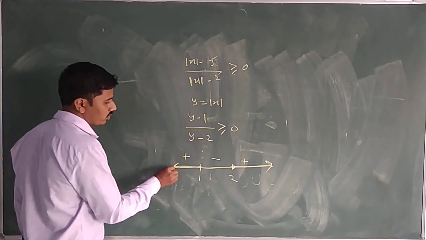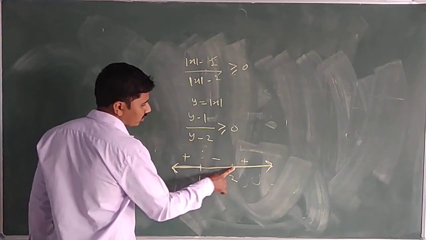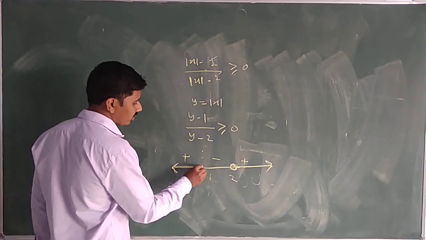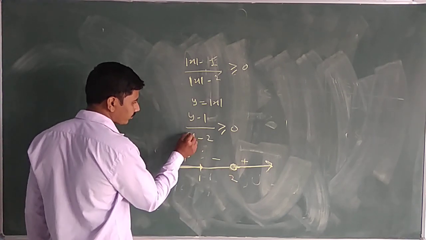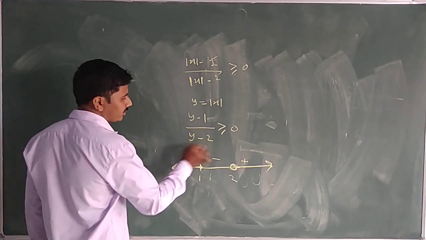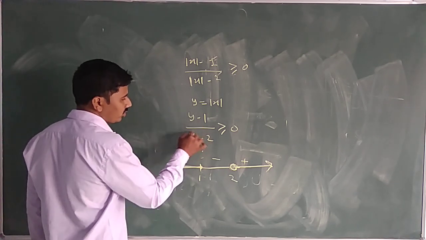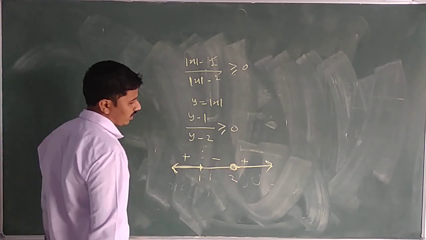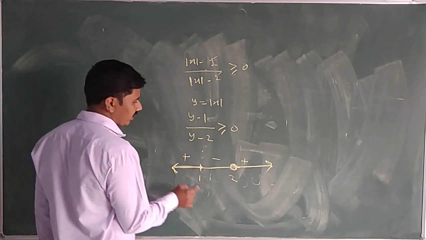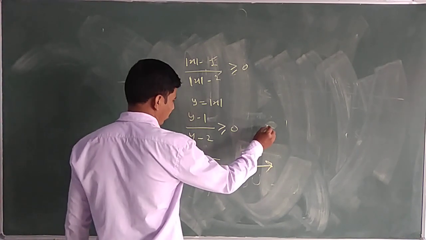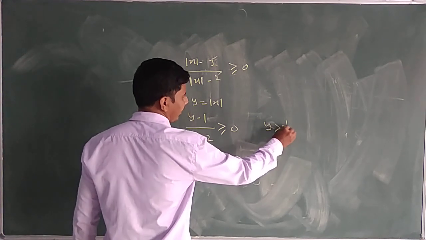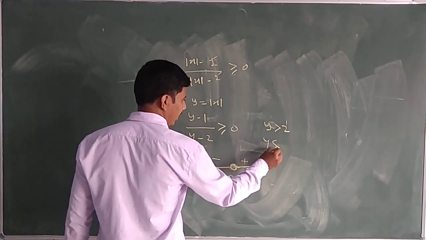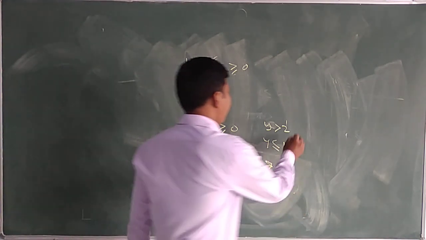So we are taking these two solutions. We can't take y as 2. So we are applying the empty circle here at the point of 2. We can take y equal to 1. Can't take y equal to 2. If you put 2 here, the denominator is becoming 0, so 1 upon 0 does not exist. So there is no solution to this 1 upon 0. So we are not taking the 2. So this will be the solution. What will be the solution? It will be y is greater than 2, as 2 we are not including, and y is less than or equal to 1.